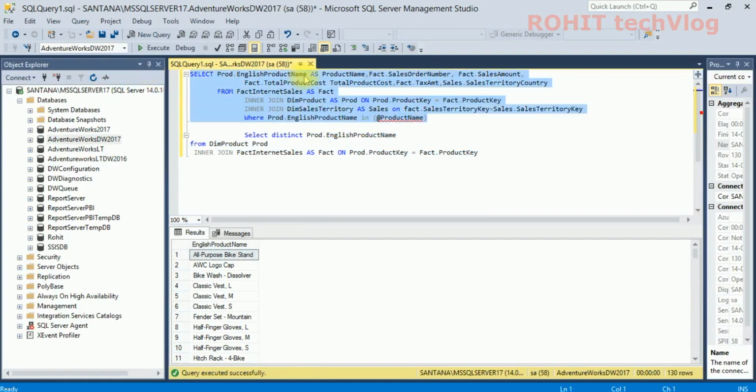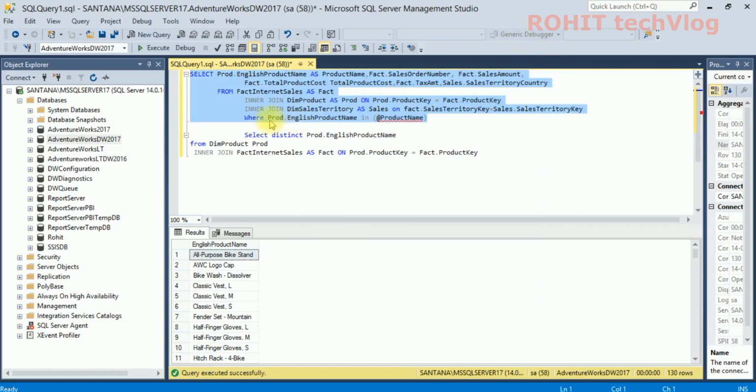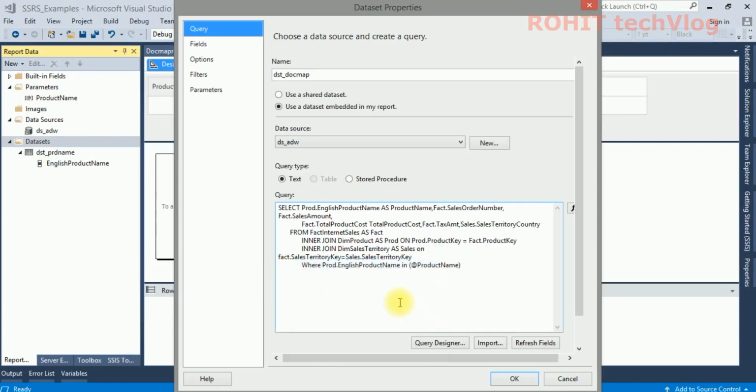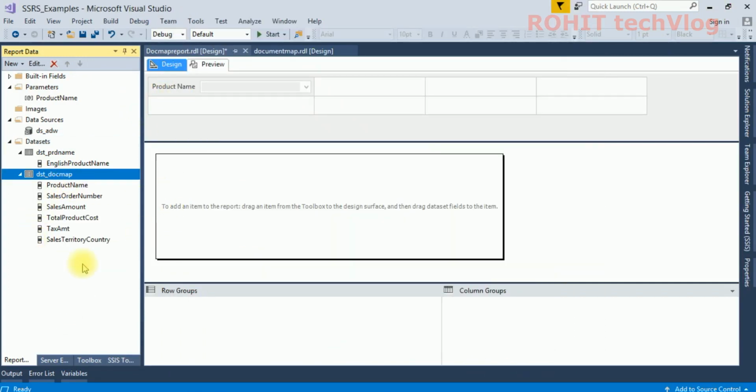You can see this is a simple select script which will fetch a few columns from the table fact internet sales, joining with different tables, and for the product name I am using the parameter here. Now let me see. Okay, all the columns are coming. Let's click OK. Now you can see all the column values are showing in the dataset.